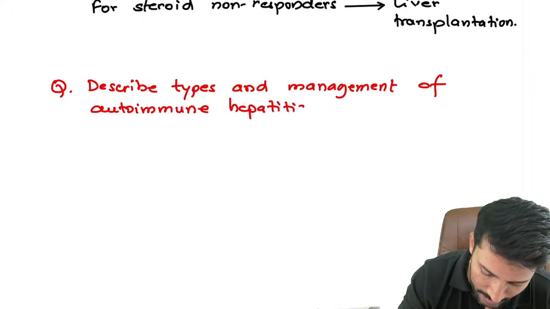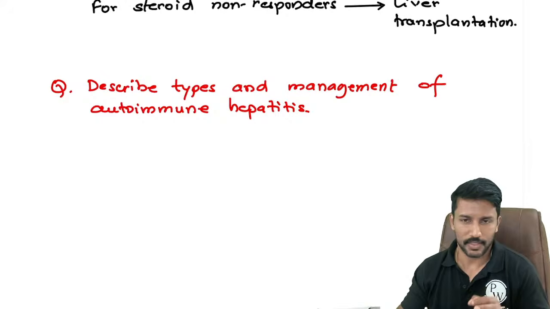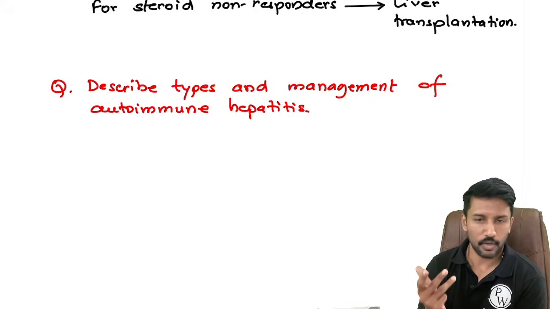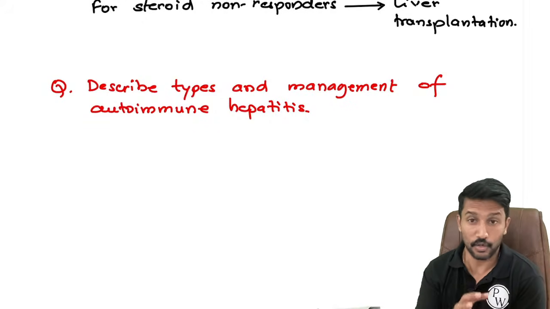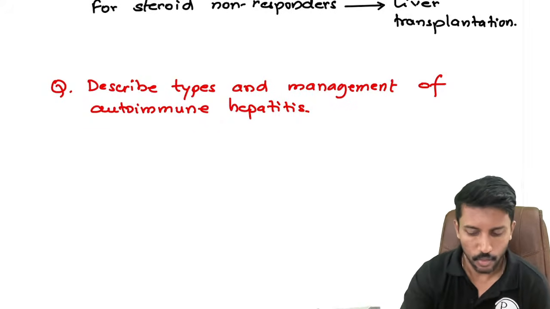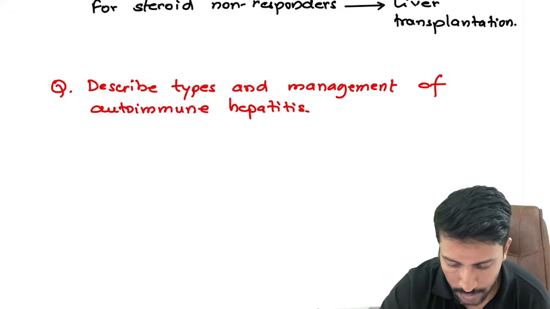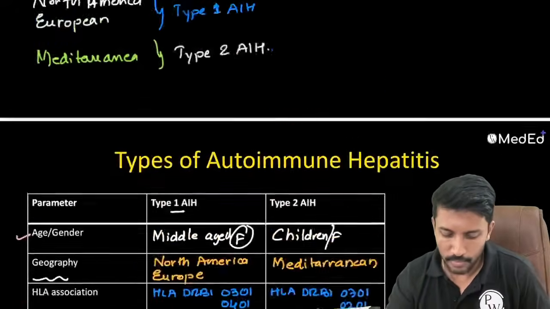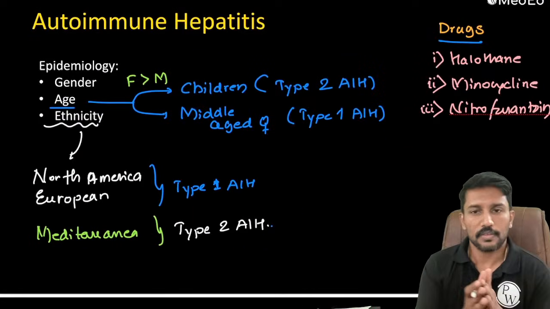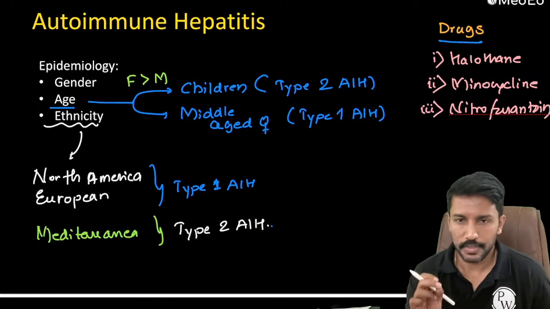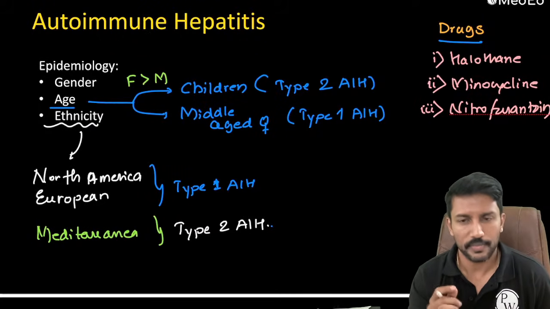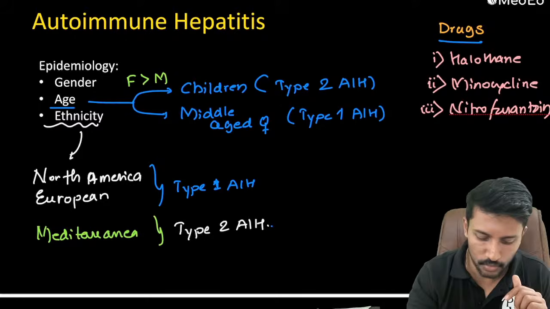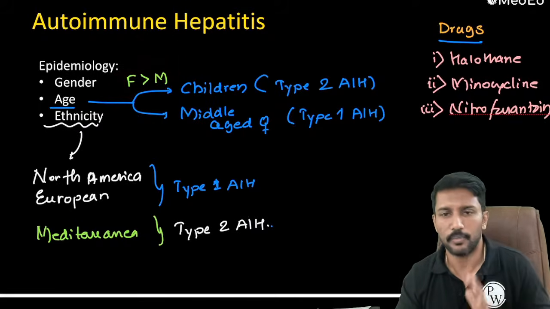So autoimmune hepatitis is another condition causing hepatitis apart from your viral, right? So viral hepatitis is not the only cause for liver inflammation. So today we have learned about non-alcoholic steatohepatitis, alcoholic steatohepatitis, and alcoholic hepatitis, and autoimmune hepatitis is one more condition, right? Okay, I'm a little running out of time, so we'll quickly cover it. So what is autoimmune hepatitis? It is a disorder where there is an autoimmune attack on the liver, just like your SLE, rheumatoid arthritis and all. Of course, it is an antibody mediated injury to the hepatocytes, and just like any other autoimmune disorder, it is more common in females than males, right?